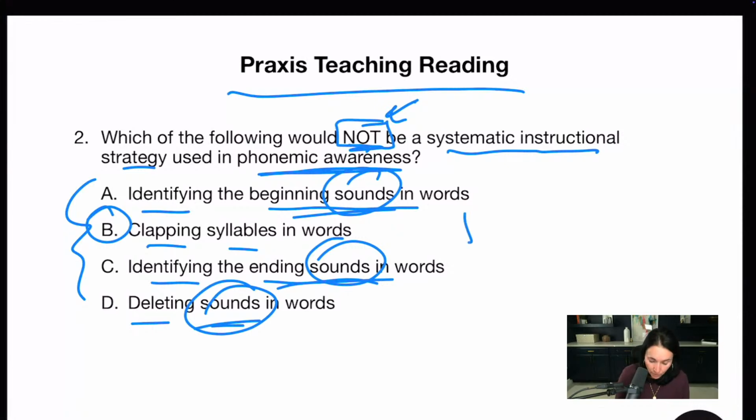For example, in the word track, and I'm writing it here for you because I'm trying to explain it to you. But in phonemic awareness class, in your classes, you would not write. It's all done by listening and speaking. We do not write the word. We're only dealing with the sounds and words. So if I said, say the word track, and you said track, and I said, break up the word track by individual sounds, and you went t, r, a, k. 4 sounds. That's phonemic awareness.